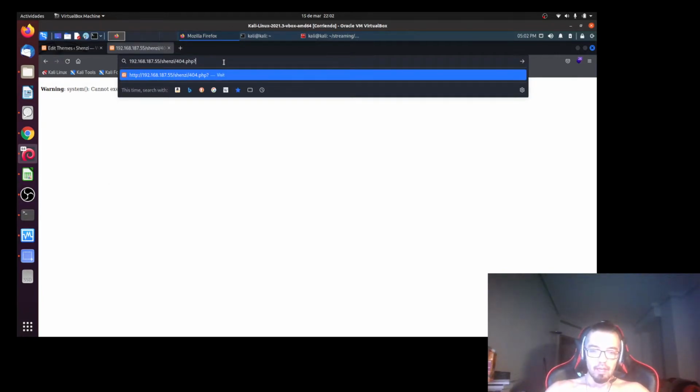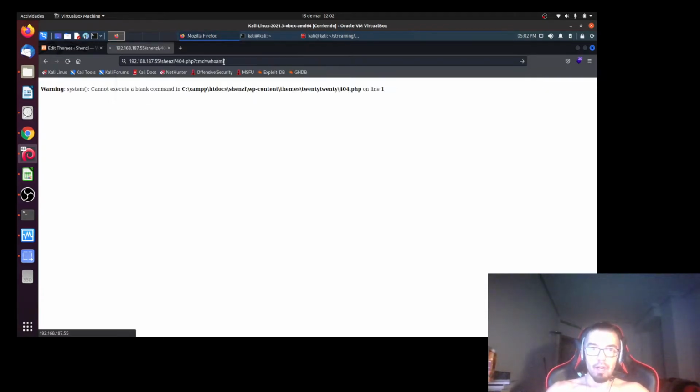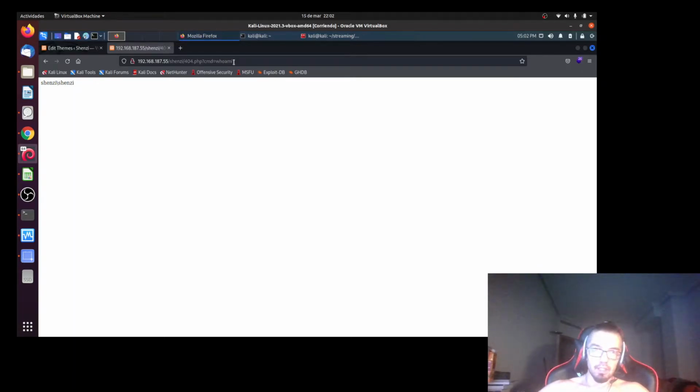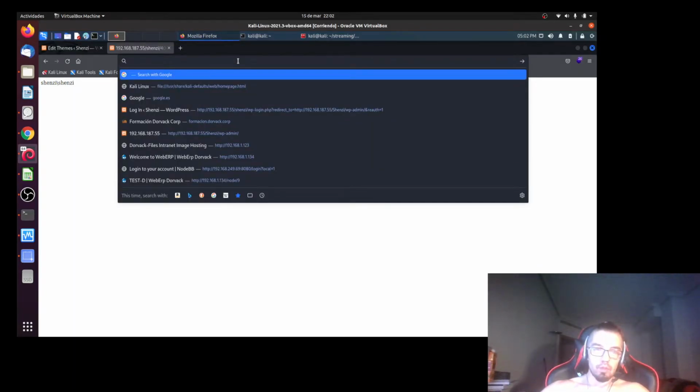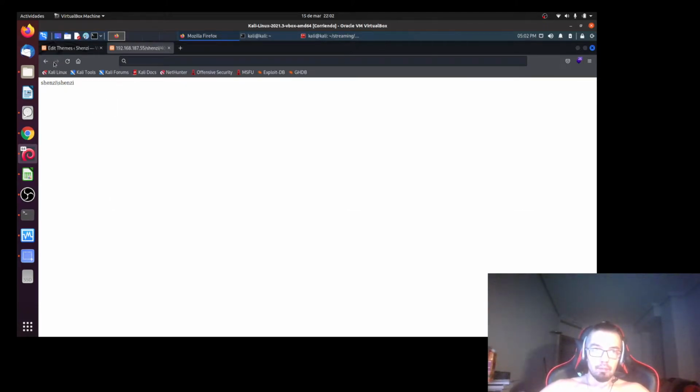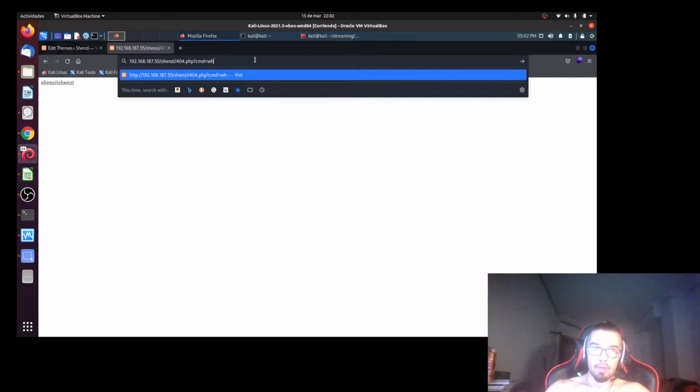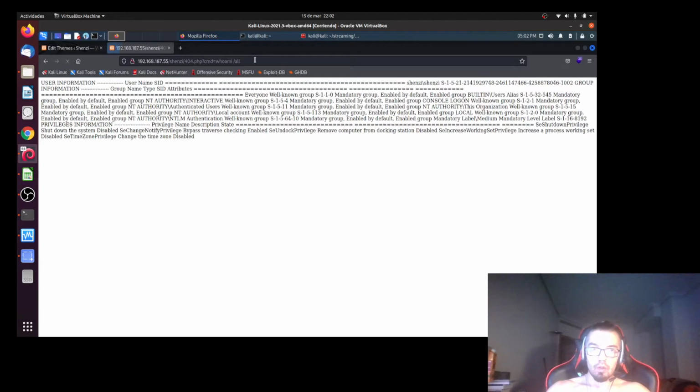So we can put a cmd parameter and whoami. This is the logged user at the operating system. We can review, for example, whoami /all, the permissions of the logged user. What is the idea? The idea is to upload